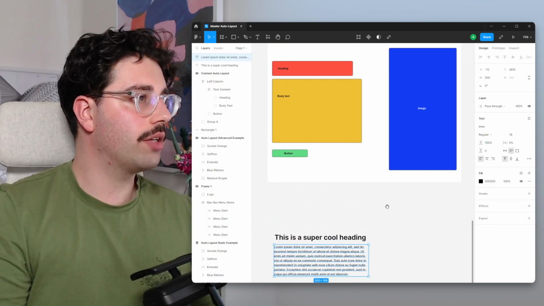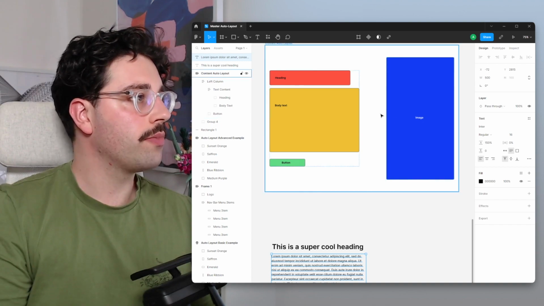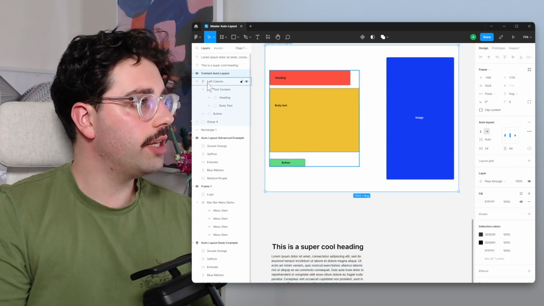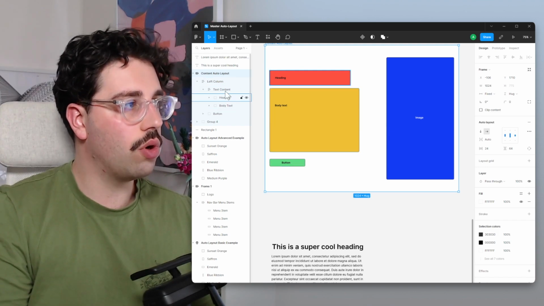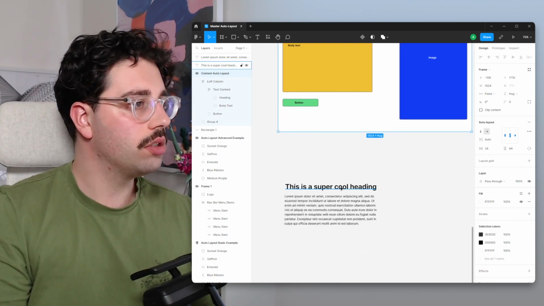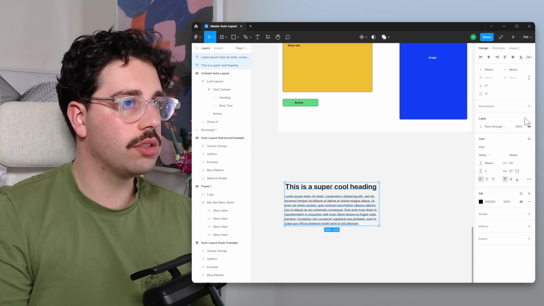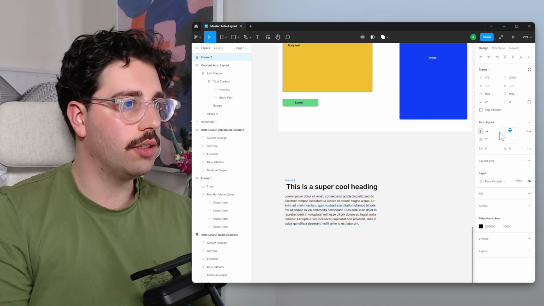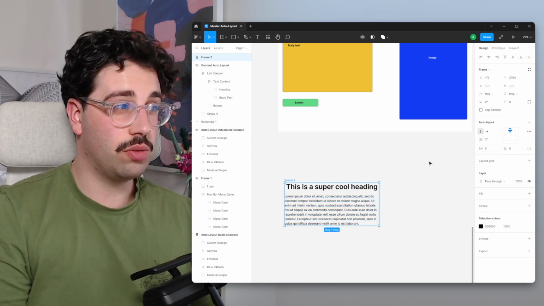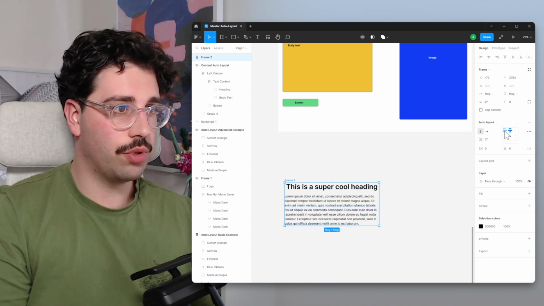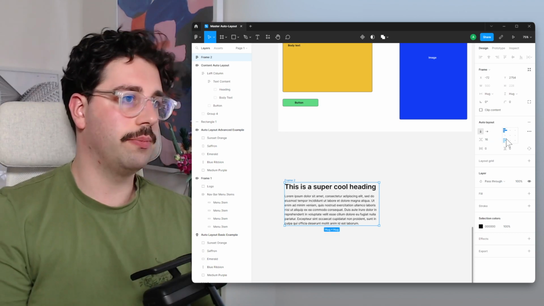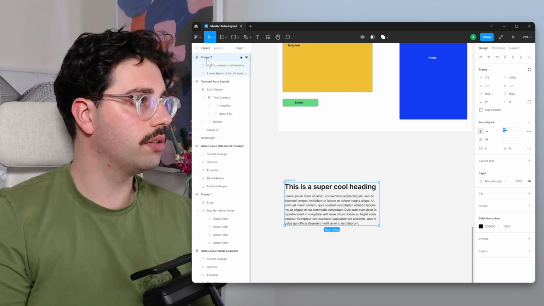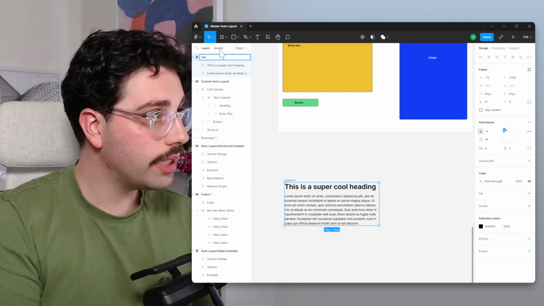So if we go back to our cheat sheet up here, we've got left column, we've got text content, we've got the heading and the body text. So that's within its own auto layout frame. So let's do that. Select these two elements, put this within an auto layout. We don't want it to be in the middle because it's left aligned text. So we're going to put that in the top left. And the spacing between it, let's make this 16. Let's call this text